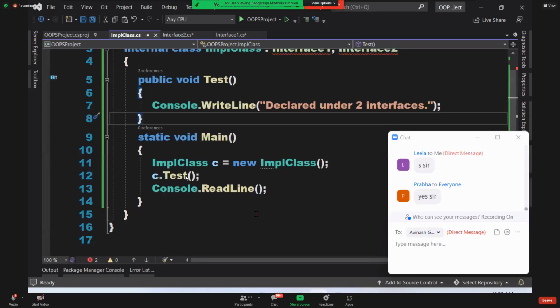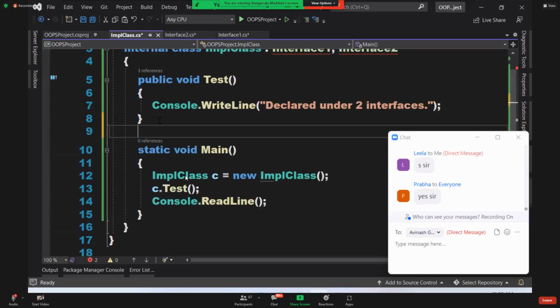What is it, another option, sir? You can implement this method separately for each interface. What is that? You can implement the method separately for each interface. How, sir? How can I do that? Watch. Yesterday I showed you 2 options. When I right click on the interface, quick actions and refactorings, I showed you 2 options. Do you remember? Implement interface